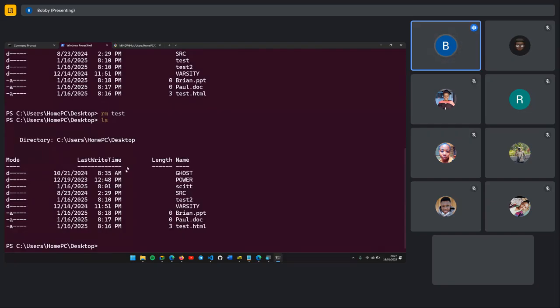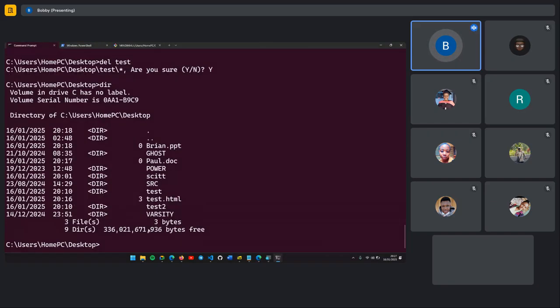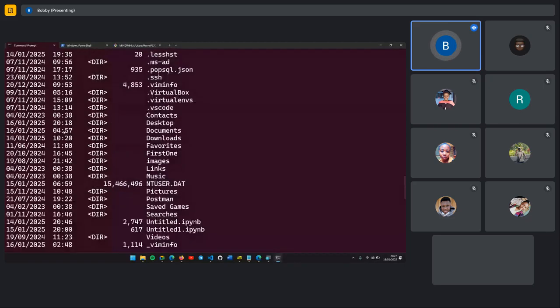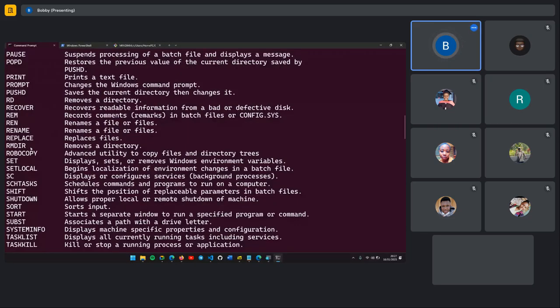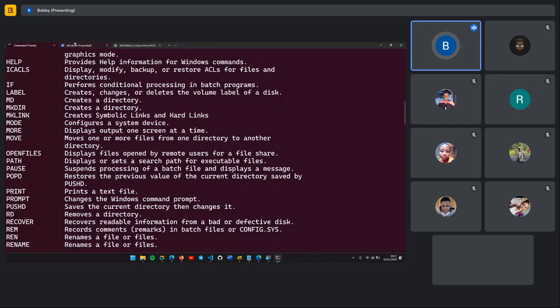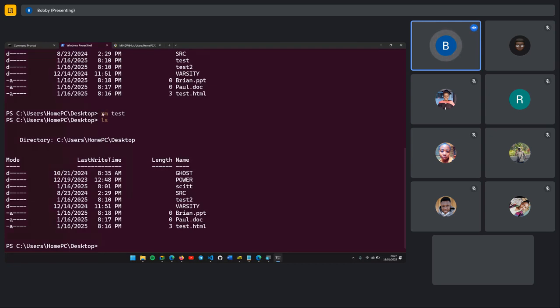Yeah. So for command prompt, you won't be able to delete using this command. It will give some issues because there is something that one has to do. But for PowerShell, when you use rm, which stands for remove, it removes. So that's the last part of the test. For this one, this command for deleting, I'll show you how to go around it, and we will be able